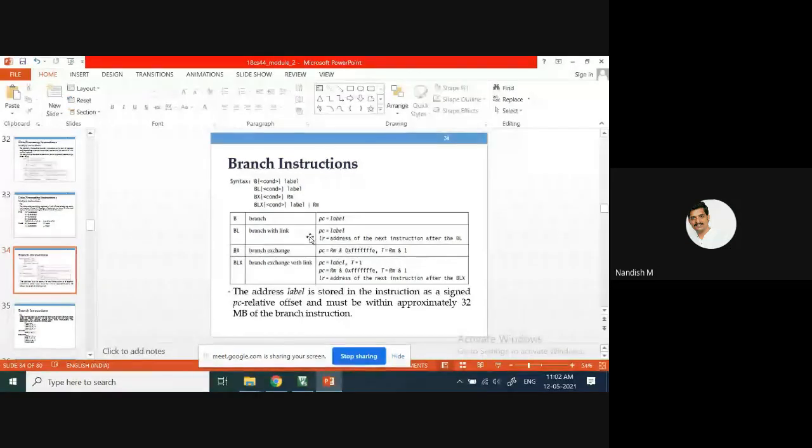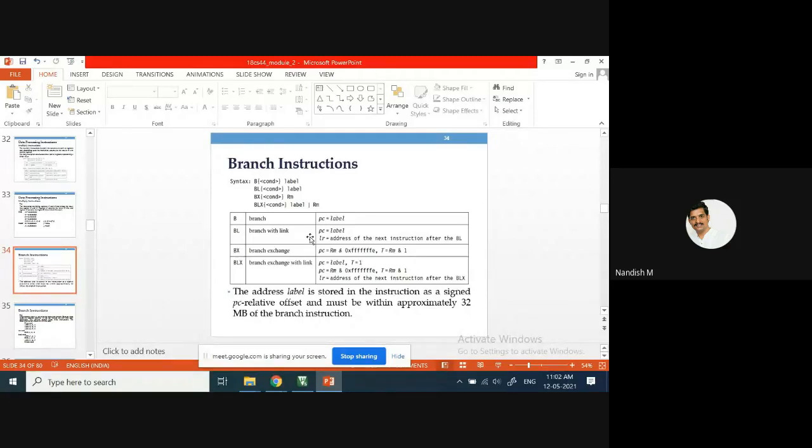Why are we going to use the link register? To store the address of the instruction which has to be executed once the branch instruction is executed. Yes, it is just a return address. It stores the return address from the branch. If it wants to come back after the execution of subroutines, in order to store that, we use this BL.